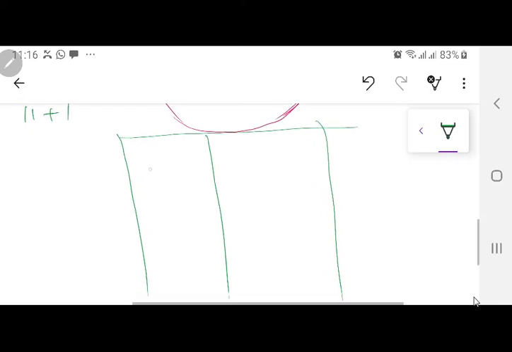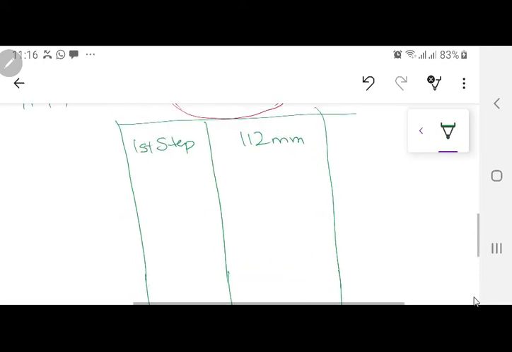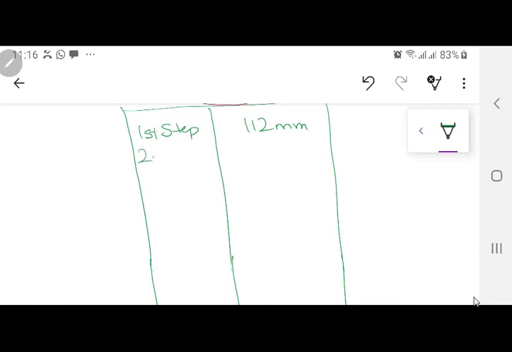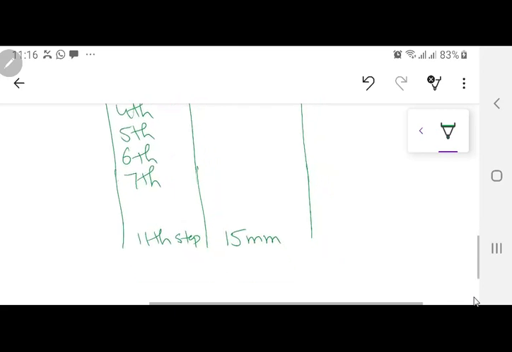So this is my first step. First step I am making it equal to 112 mm, and if I go down, I have taken the 11th step and I have made it equal to 15 mm. G, can you now make me for the second, third, fourth, fifth, sixth, seventh, actually this one is